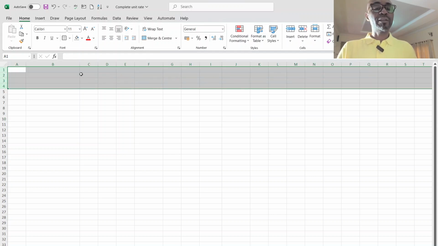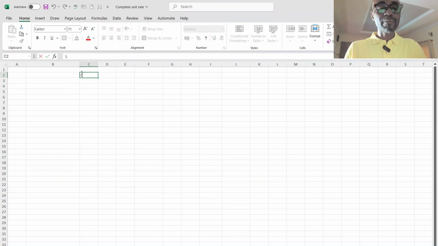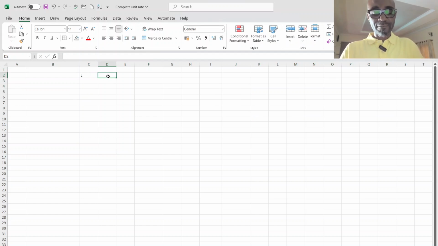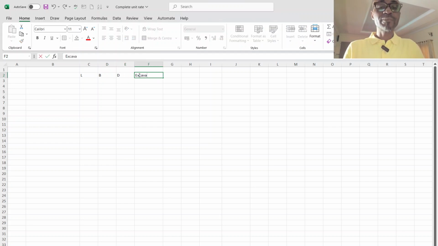See, I have my length, I have my breadth, I have my depth, then I have my excavation, I have my backfill, I have my surplus, I have my compact leveling, my leveling,